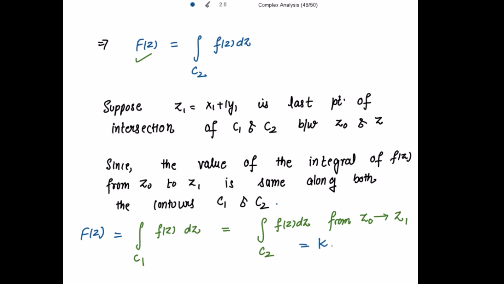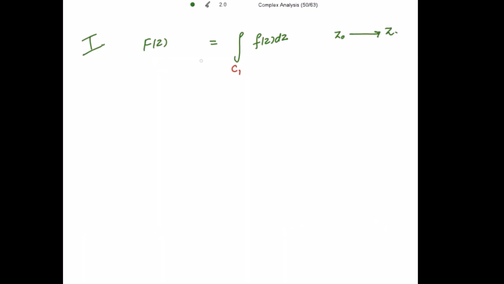From the point z0 to z1, capital F of z is equal to the integral of f(z) dz over C1 from z0 to z, right? Now from z0 to z1, the value of F(z) is k. From z1 to z, what could be the value further? That we need to find. So this is equal to k from z0 to z1, right? And now further to z, the arbitrary point. So adding, now along this path